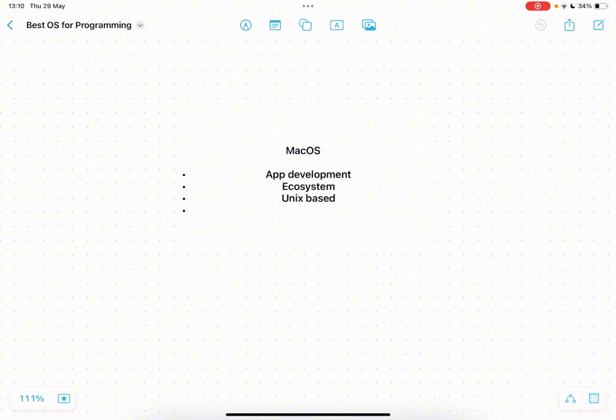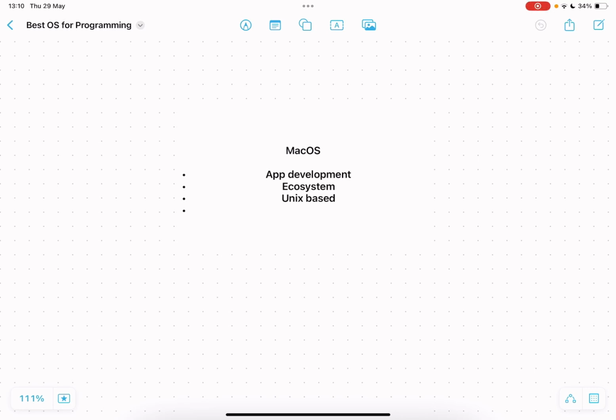Xcode only works on macOS. And if you want to test your application on an iOS simulator or write in native code, then you essentially need a Mac. So it's probably the best place for app development because you can make apps for macOS, for iOS, but also Android, and the process is quite easy.